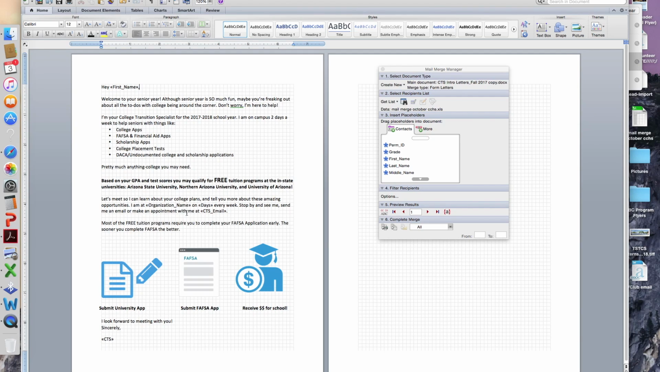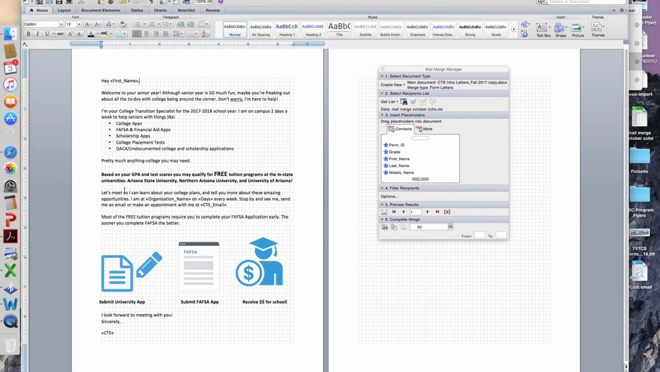And this is all that it looks like. And then because you're doing it school by school, right here, organization name, you already know it's Copper Canyon because those are the only students that you're working with right now. And then since it's Copper Canyon, you already know what the name of the transition specialist is and what days they're there based on their schedule. And then you can just